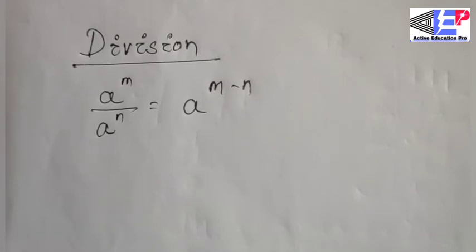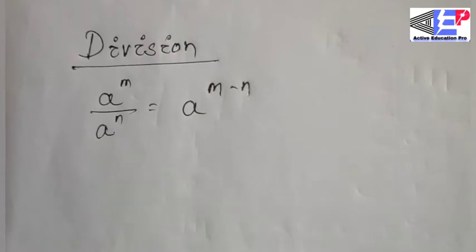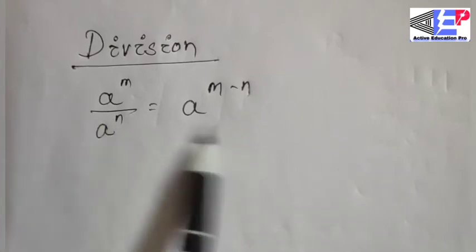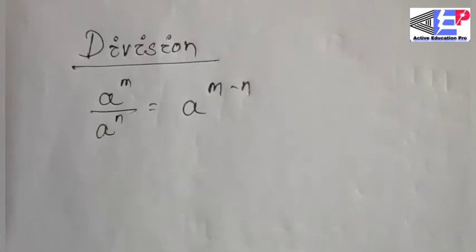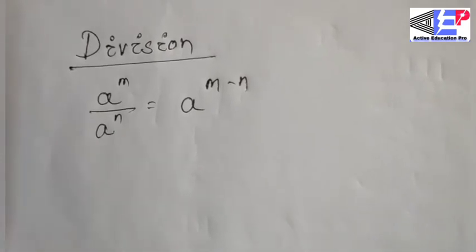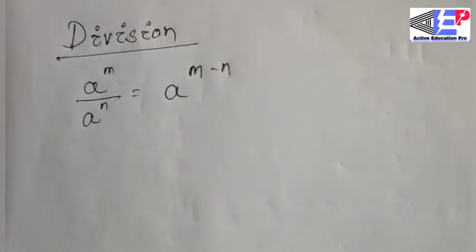In last class I told you some basic rules on division. I showed you a numerical problem related to division. Today's topic is something new, something hot: division with more than one variable. You can see here the basic rule for division: if the variables are the same, subtract the power of the denominator from the numerator. Let's start another example with more than one variable.